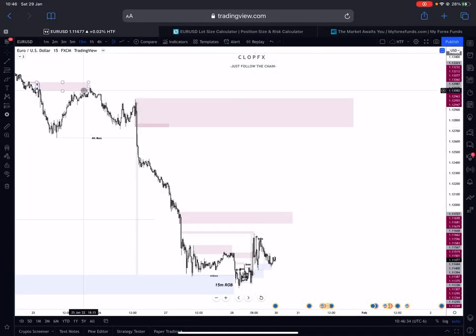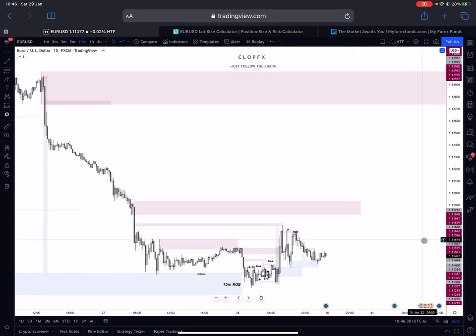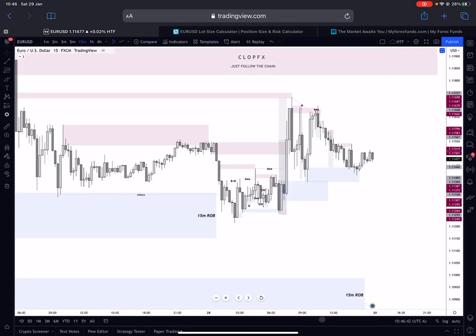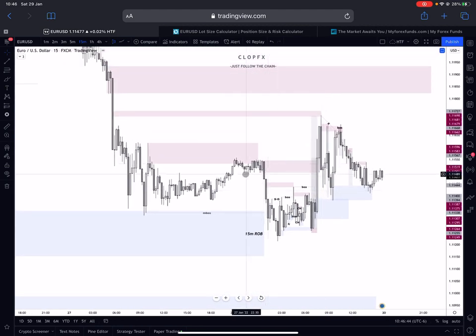Well, let's start with the 50-minute chart. What do we see? We see a couple of POIs, right? On the 50-minute, what is visible is this POI that caused this big impulse to the downside and broke structure. It's a valid POI if you see it in that perspective, but why didn't it work and just blasted out of it? If you go to here and you see the Asian range,